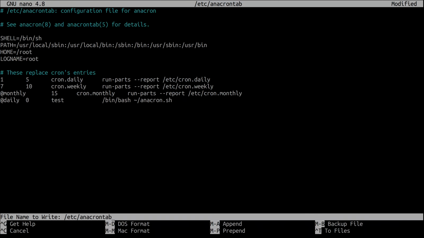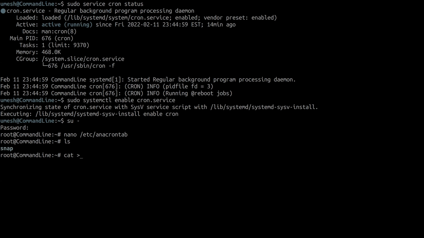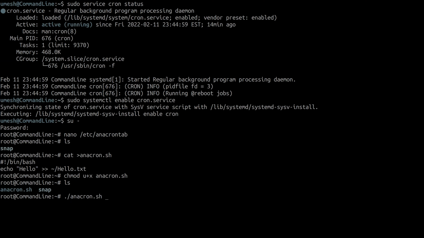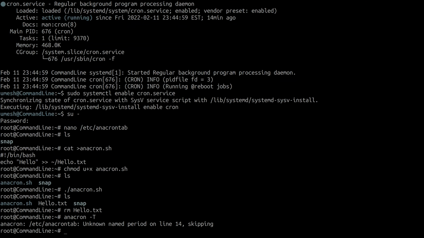And let's exit, save. Okay, so it's working. Now, if we go and type anacron -t, it gives me an error message because it does not recognize that macro.